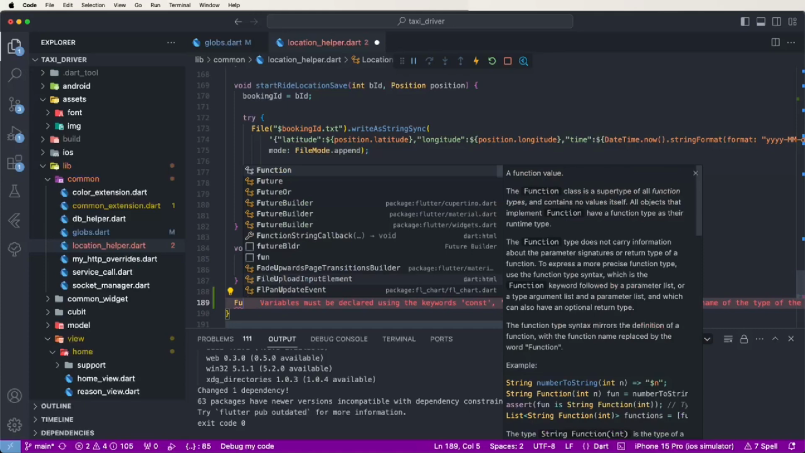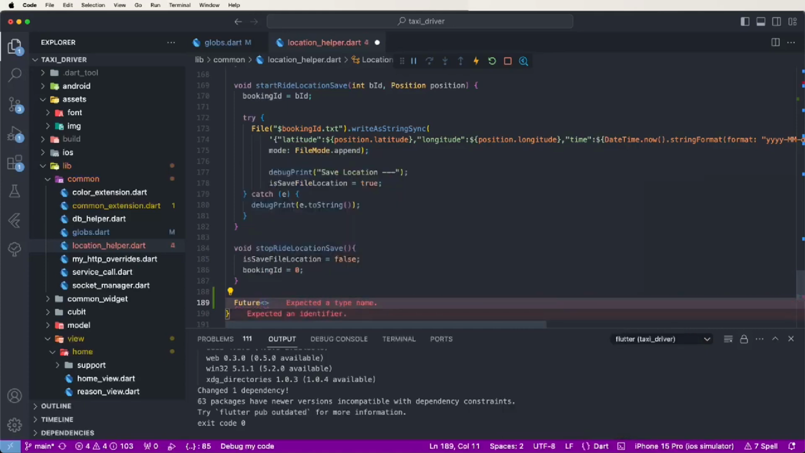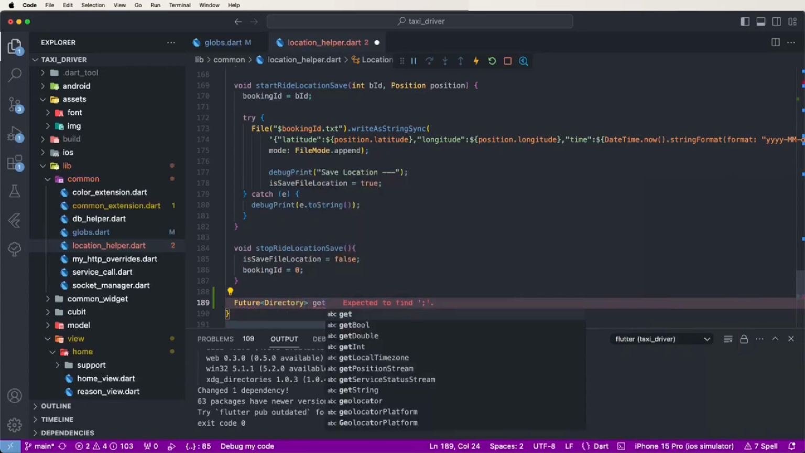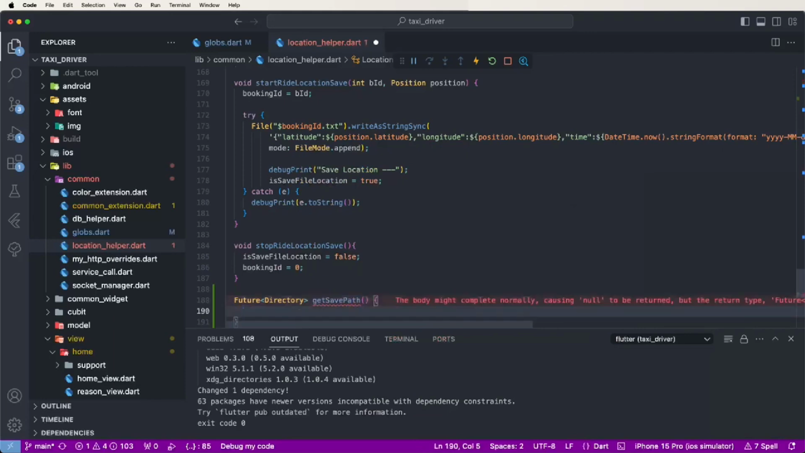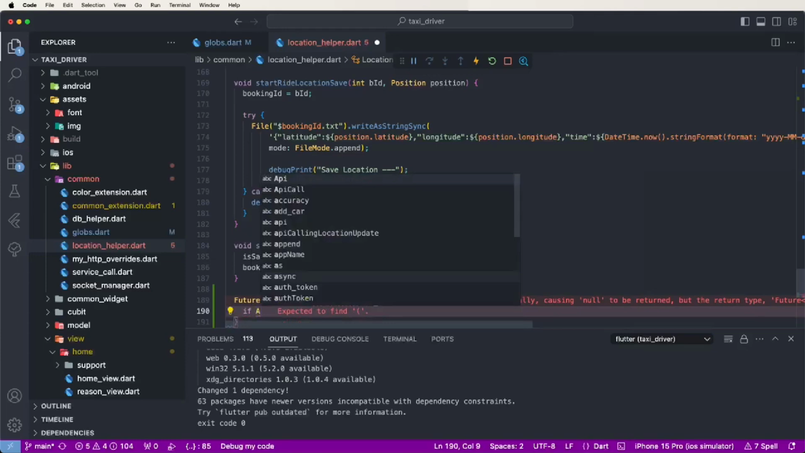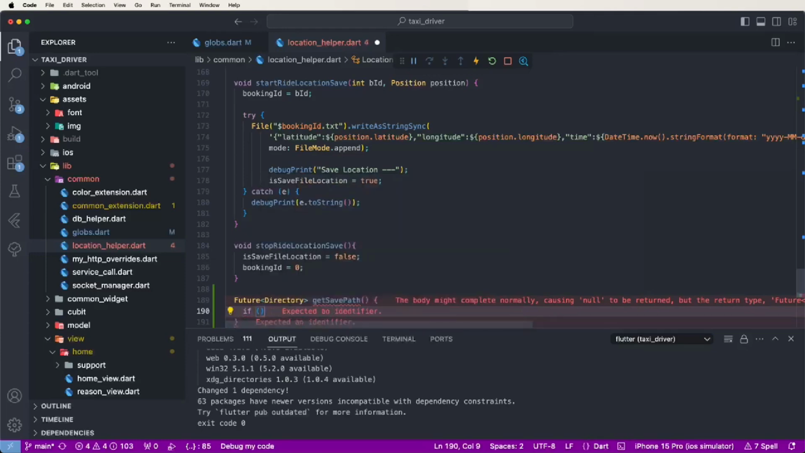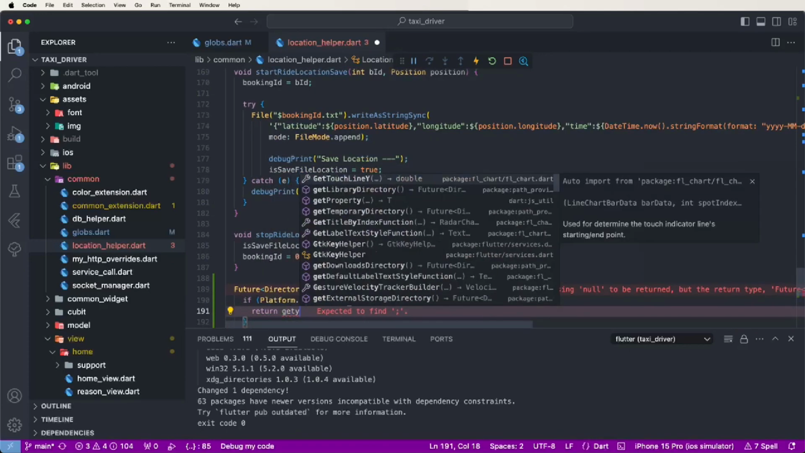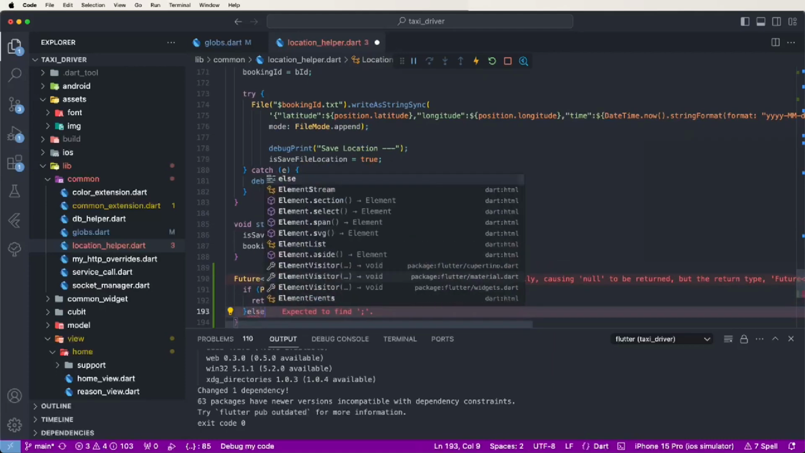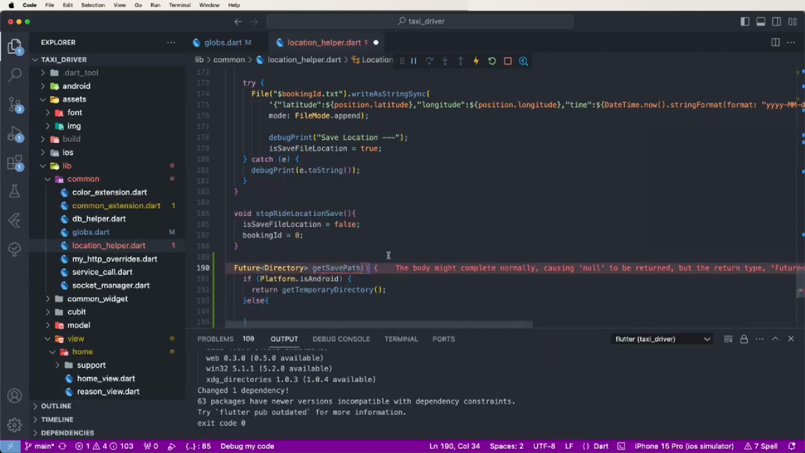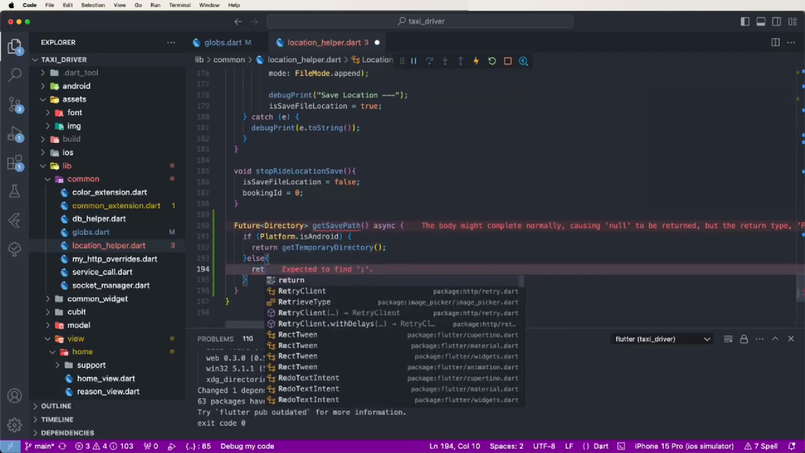Future directory. I have to give this here the get save path function, need to write down here and call this here. Now need to check here if Android platform, as an Android, then return this here get temporary directory. Else part, need to call this here the async method and return here get